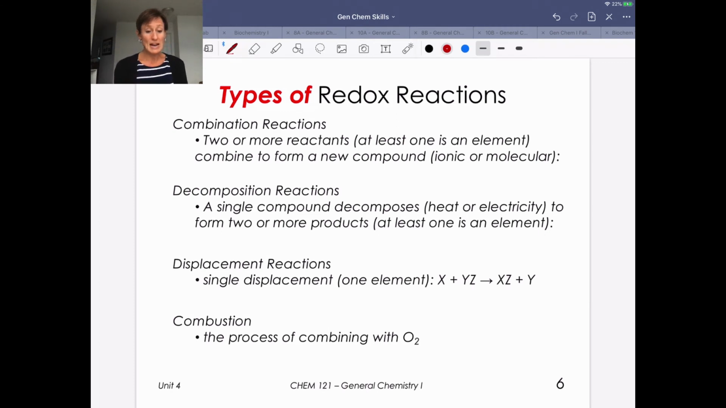So a combination reaction, like the name implies, you have 2 or more reactants, at least one of them must be an element in its pure form. They're going to combine to form a new compound. So here, let me just give you an example here. If we had 3 magnesium plus nitrogen gas, that could generate magnesium nitride,